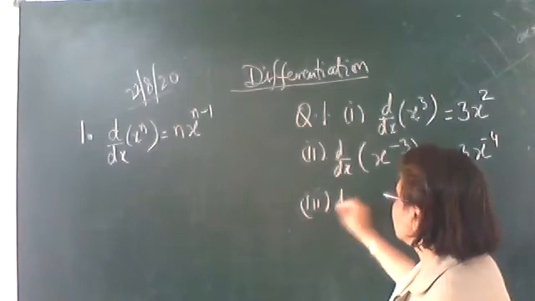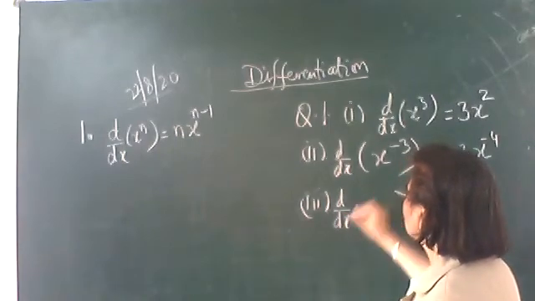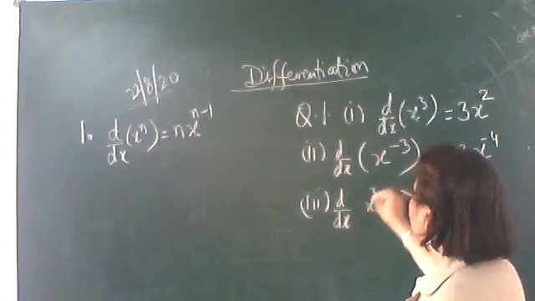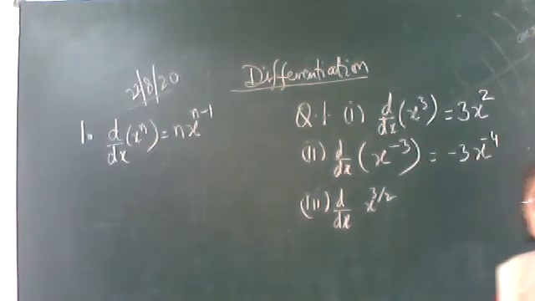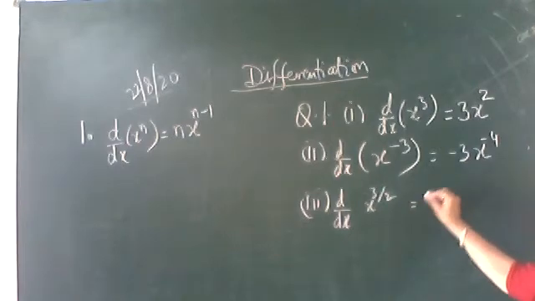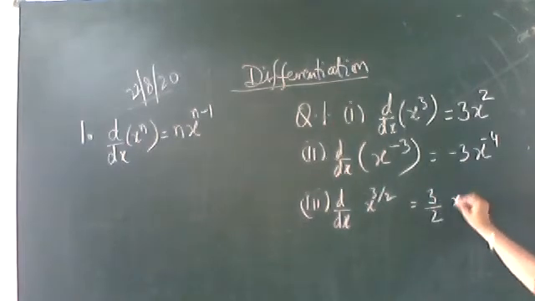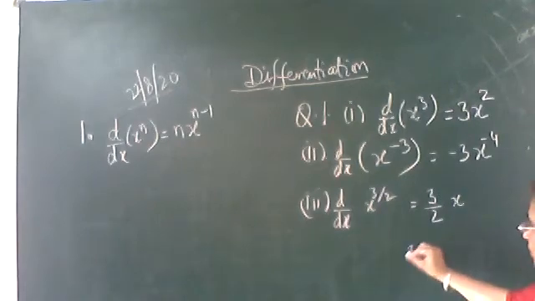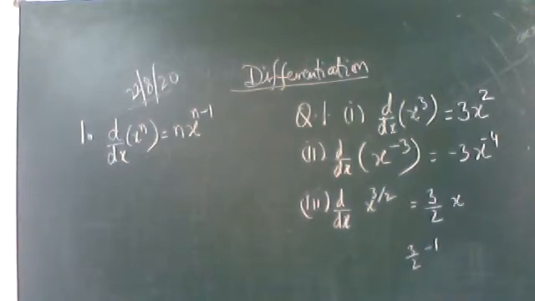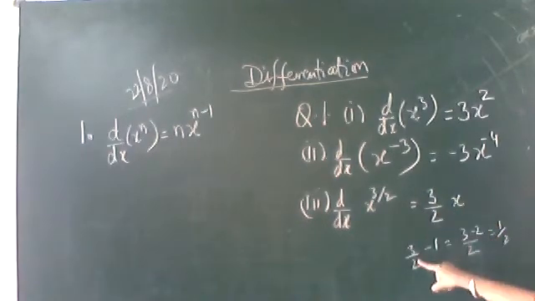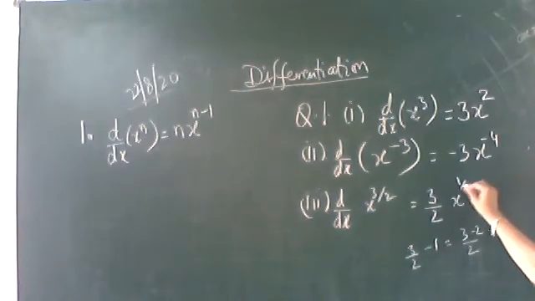Okay, if n is a fraction, then also it is true. D by dx of x raised to the power 3 by 2. Now what is n over here? 3 by 2. So n x raised to the power n minus 1. 3 by 2 minus 1 is half. If you don't know, you can do it separately. 3 by 2 minus 1, take the LCM, 2 is the LCM. 3, how many times it goes? 2, so it is half. So x raised to the power n minus 1 is x raised to the power half.